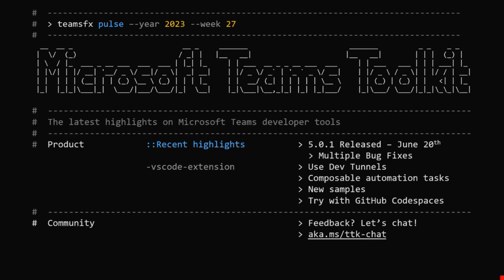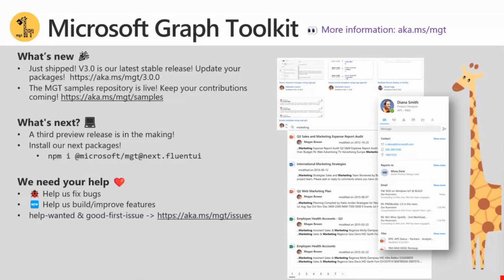Awesome. Thank you, John. All right. Up next is Microsoft Graph Toolkit, or MGT. 3.0 has been shipped. Not enough time to cover all the amazingness that's included in it, but go update your packages. Check it out at aka.ms/mgt/3.0.0. Yep, lots of zeros, but check it out. Now, you are also welcome to help fix bugs and build improved features. Go check those out at